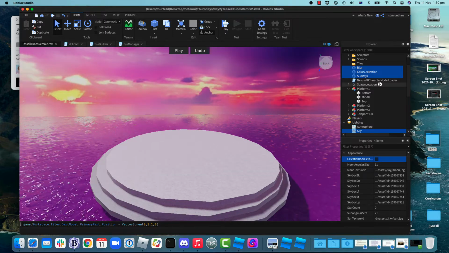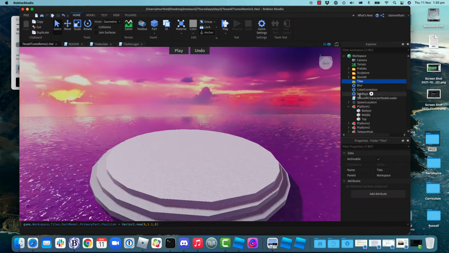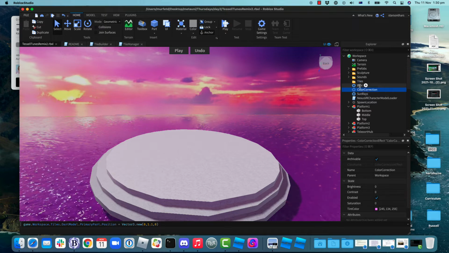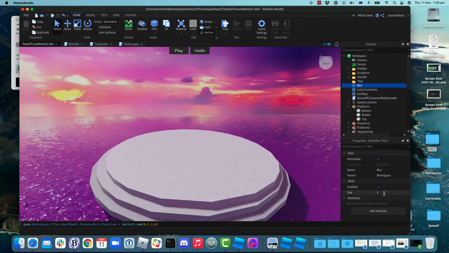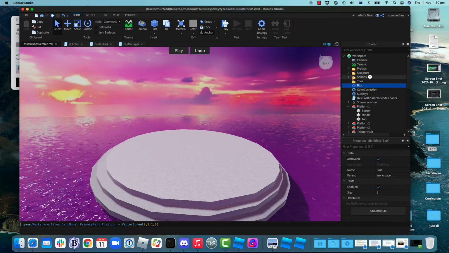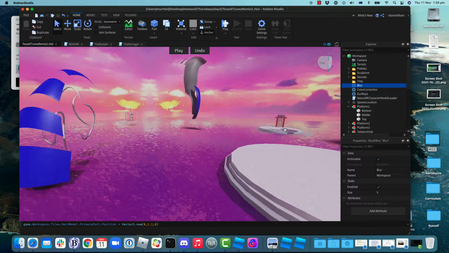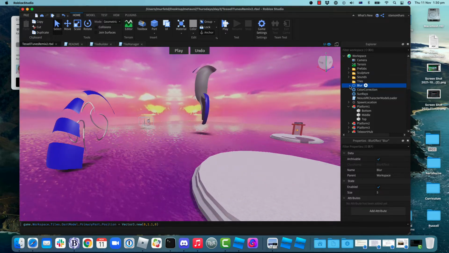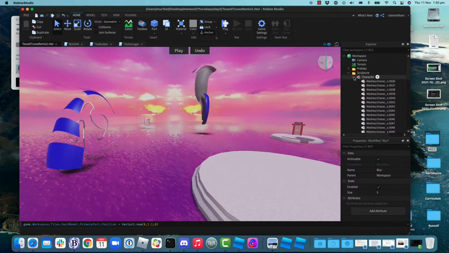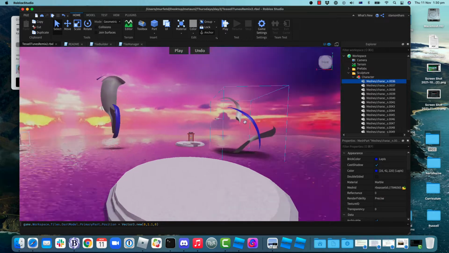You'll find plenty of interesting things in the toolbox. Actually change these meshes, I guess. So